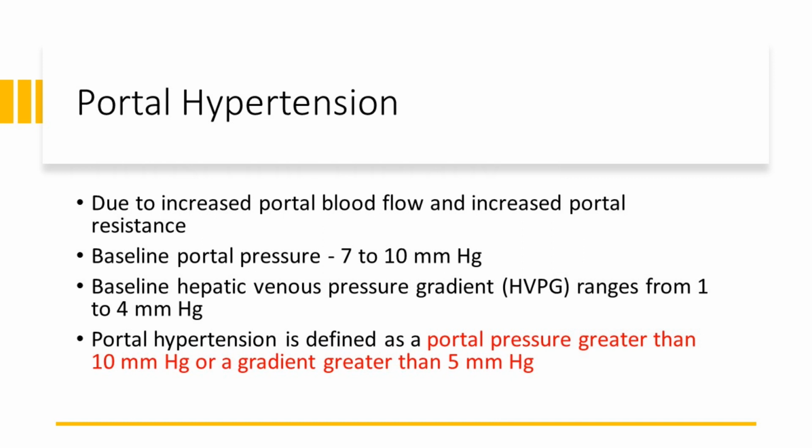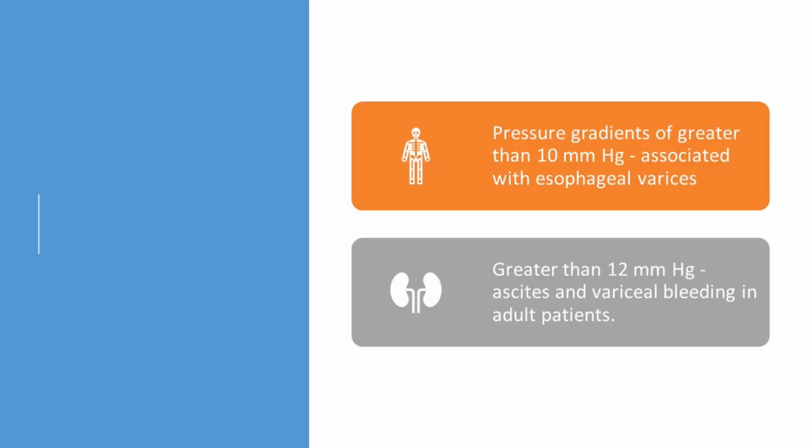Now, nobody also measures the portal pressure. So how do we make a diagnosis of portal hypertension? It's basically on Doppler, splenomegaly, thrombocytopenia. That's how we make a diagnosis. Why was it important to know the pressures? Because if you have a pressure more than 10 millimeters, there are chances that there will be esophageal varices. And if you have a pressure more than 20 millimeters, then there is a chance that it will bleed. So that was the reason why you need to measure the portal pressures.